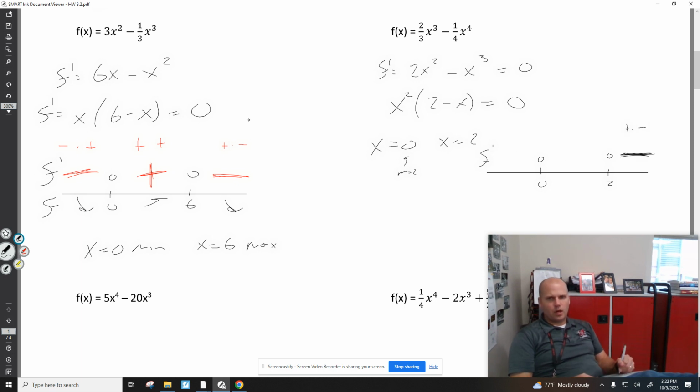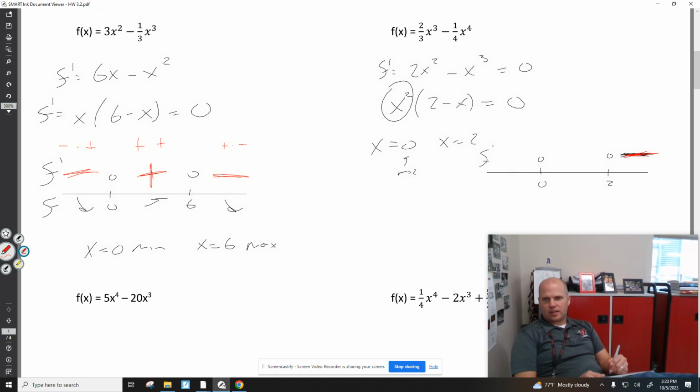If I plug in 1, positive times a positive, cool. That's a positive. I know we're not going to change signs. I know these are going to be positives. How do I know that? Well, either the multiplicity of 2 or if I plug in -1 and square it, -1 squared is a positive. 2 minus -1 is a positive. Okay, my signs do not change. So you could do that. You could do test points, or